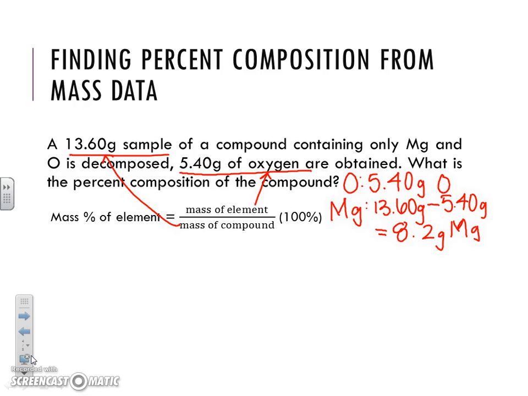So now I have the mass of the oxygen, and I also have the mass of the magnesium. So I can calculate the percent composition of both of those components. This will look like this. We have the mass percent